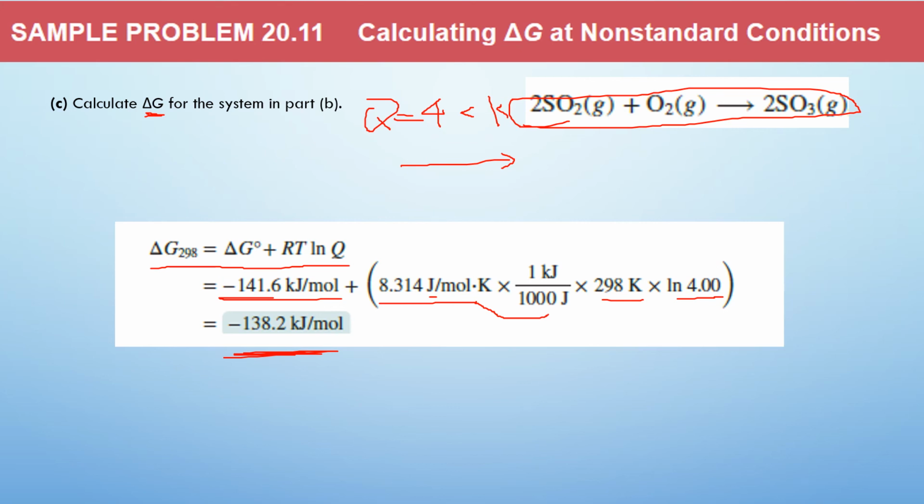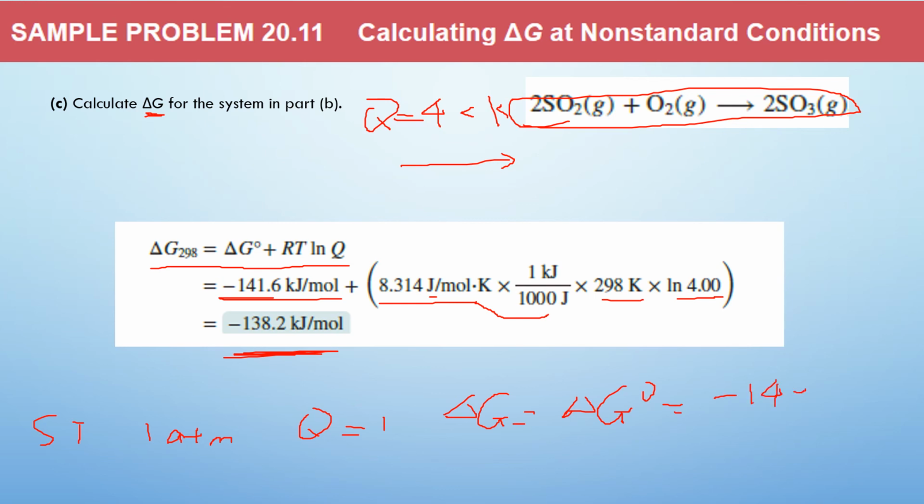This means that at standard state, when the concentration of everything in this reaction is equal to 1 M, Q is equal to 1. In that case, delta G is equal to delta G naught, which is equal to the given value,